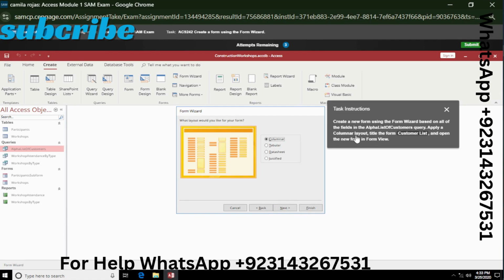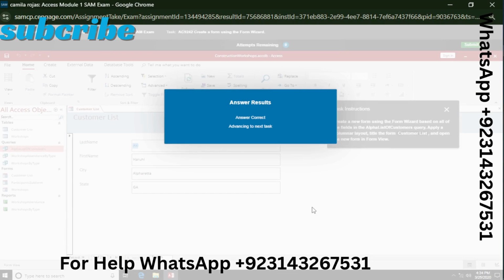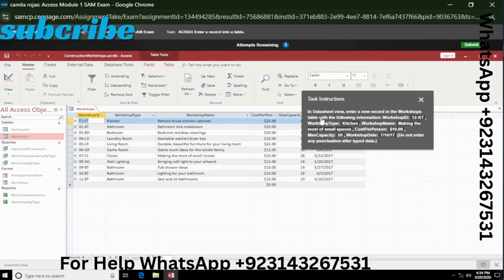Apply a columnar layout. So select columnar and then click on next. And then what title do you want for your form? So here type customer list and open the form. Finish this. Yeah, our task 1 is completed and our task 2 is in